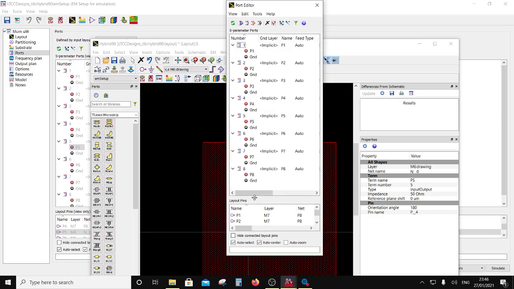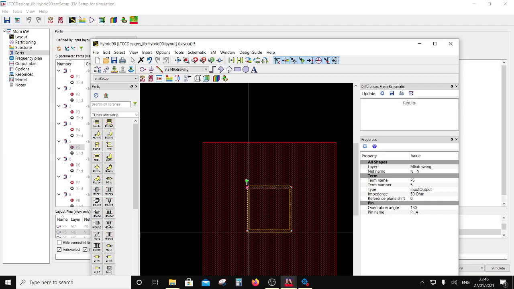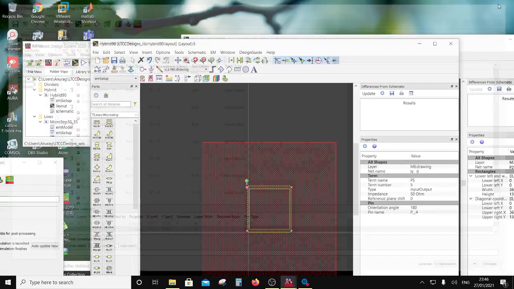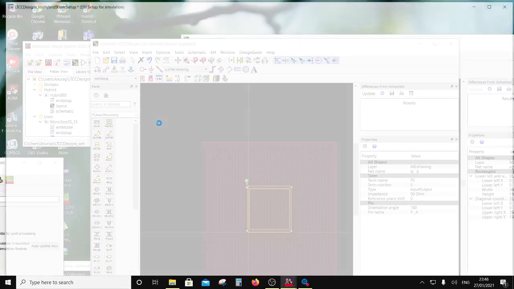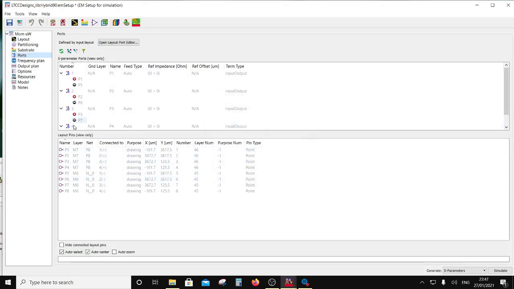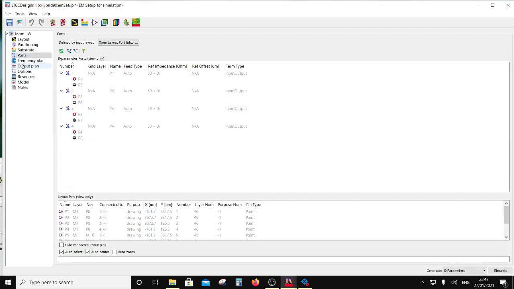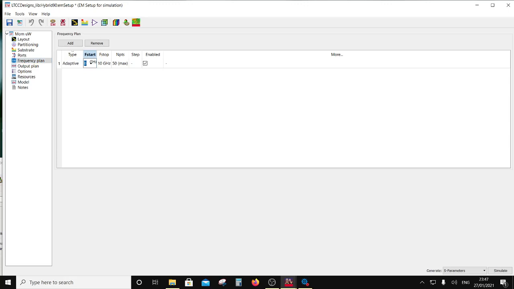Okay, so here 5 is reference to 1, 6 is reference to 2, 7 is reference to 3, and 8 is reference to 4. So this is done. I'm going to save it, and here I am going to open this again, and you see our ports are done. Now I have a plan, so I'm going to go from 9 to 11,